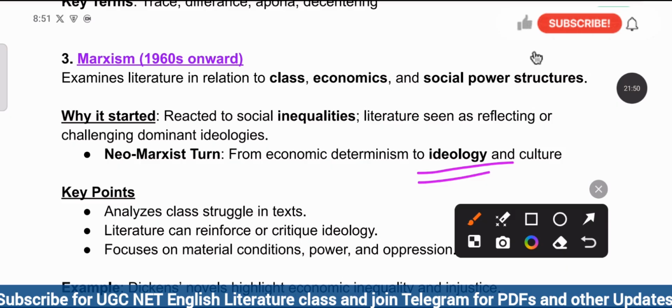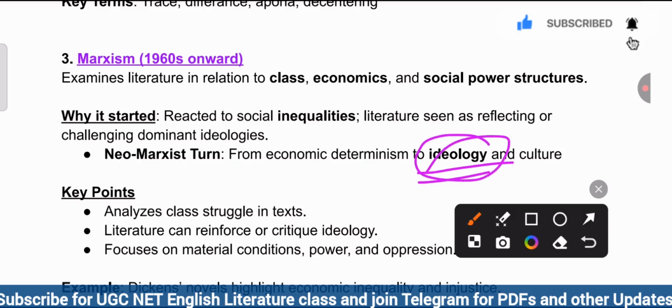Okay. And on the other hand, I just mentioned ideology. Ideology is the term that refers to how later Marxist thinkers redefined and expanded the idea of ideology. So in Marxism, the two things you have to remember: material conditions, the physical way, which you can simply relate with Karl Marx, and on the other hand, how neo-Marxists turned his idea into an ideology. Okay, ideology,